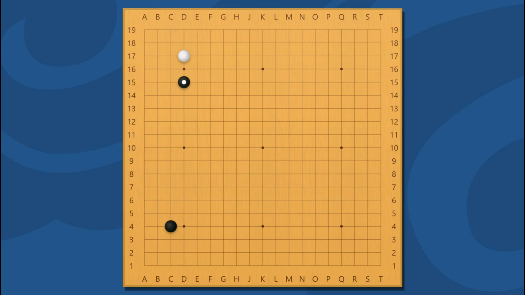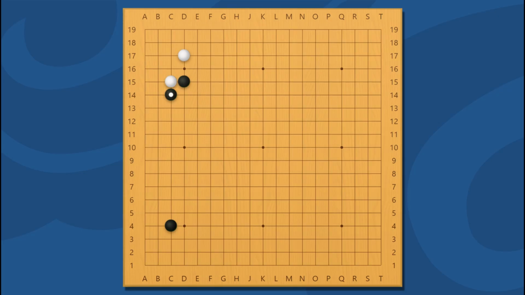Black circled high approach. Since the high approach is on the fourth line, it can be said to be a method that emphasizes outer partition. However, the weakness of the high approach is that it allows the opponent to easily obtain territory. White's attachment is the key to easily obtaining territory. Until here, these are all the ways of playing in a joseki. White obtains territory as a senti move.